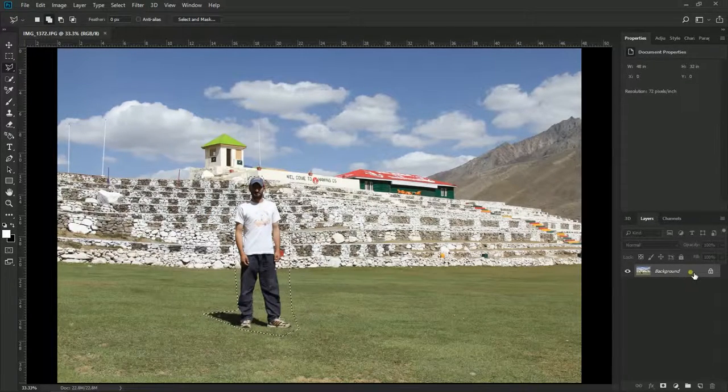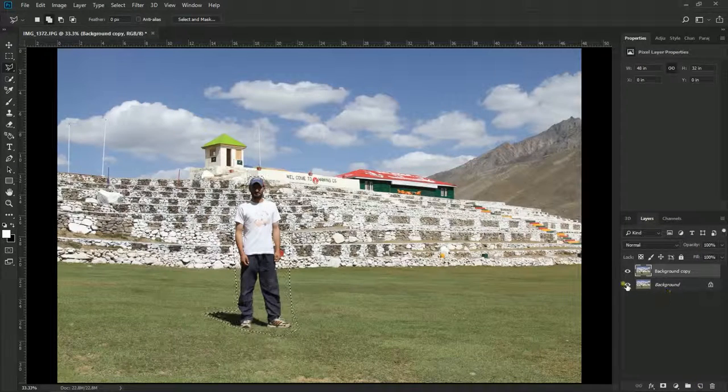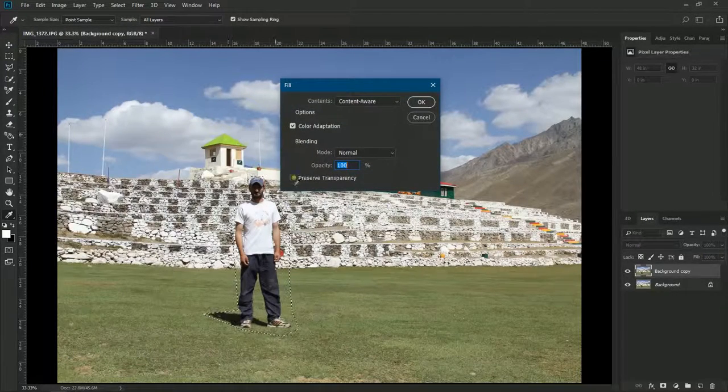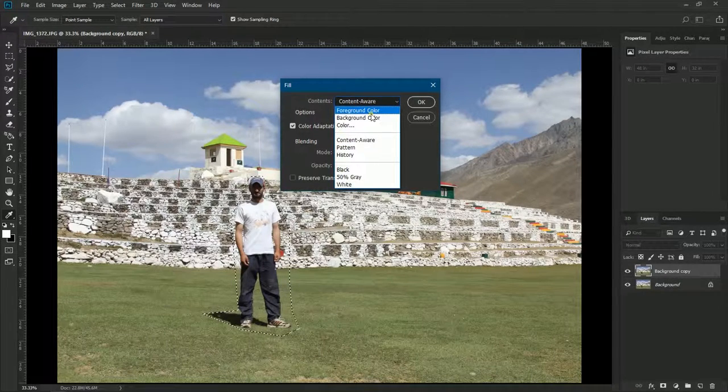After you've finished selecting this place, copy this layer, and let's see if it's selected or not. Yeah, it's selected. Then press V on your keyboard to select the move tool, and go to Edit and then Fill. It fills the selected area with what you want, right? It may be the foreground color, the background color, or any color you want to choose. You can replace this part of the image with that color, or any pattern. You may have a history of the pattern that you want to apply, or the content aware option,